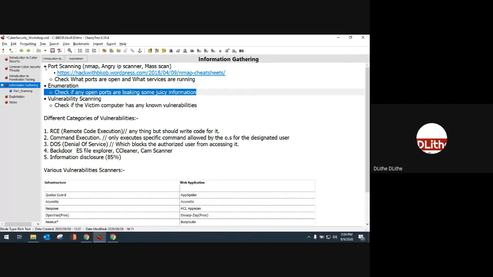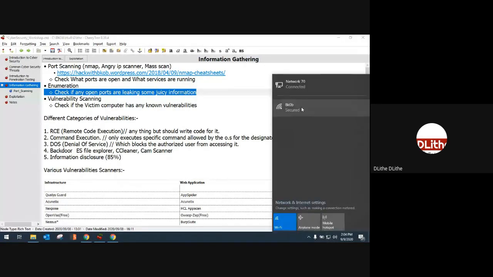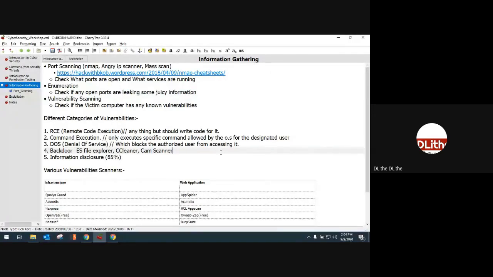You can do the same attack that we did yesterday on the lab machine that I've shared. You can go to the Hack with BQB's website and download that Windows 7 image. Whatever we did yesterday, you could do the same attack in your own personal lab setup as well. For this you would require at least two machines: you would import Kali Linux and Windows 7, where Kali Linux would be the attacker machine or hacker computer, and Windows 7 would be the victim computer.